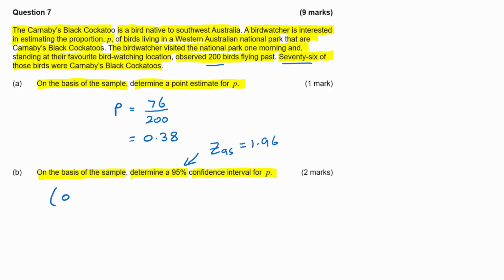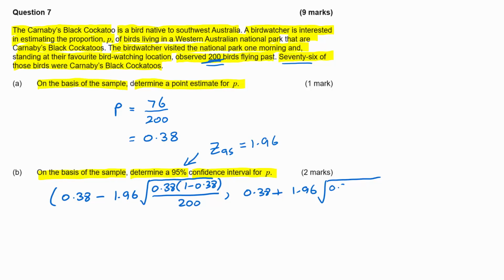And so you can start with the 0.38 point estimate and take away 1.96 times the standard deviation, which for P equals 0.38 would be the square root of 0.38 multiplied by 1 take away 0.38, divided by n, which was the number of birds we saw, which was 200. And then 0.38 plus 1.96 times the standard deviation, again 0.38, 1 take away 0.38, divided by 200. Calculating that gives us